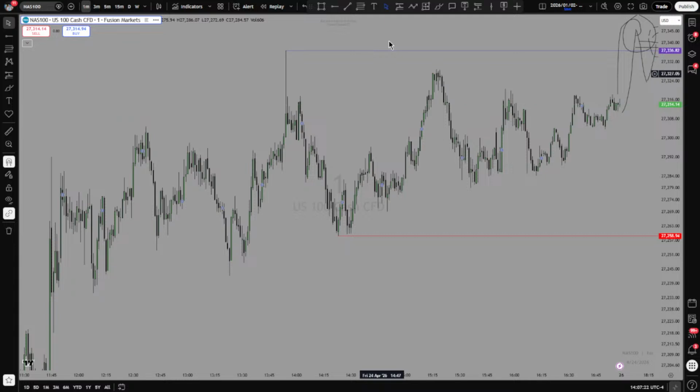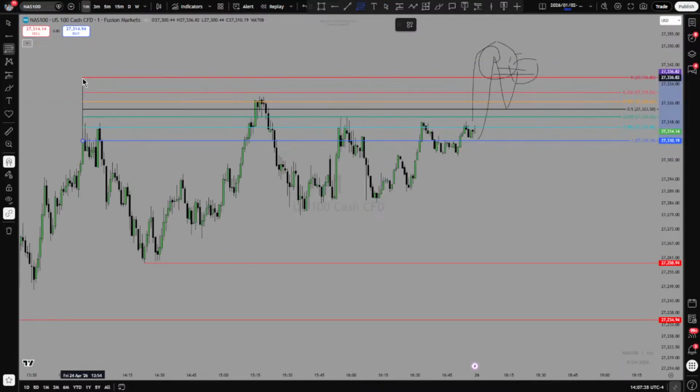So from here, I want to see the price going higher than this, or even better, creating something around these upper quadrants here. I want to see that, something above this, around these upper quadrants. So obviously, I want to see that. Then I want to see the price going lower. Right? But yeah, I might be wrong because this is the market, man.